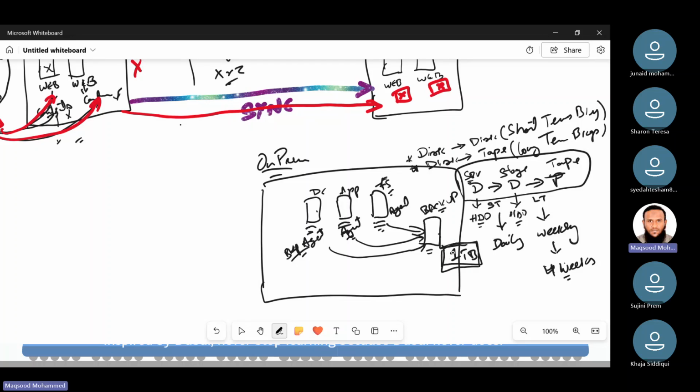So this is short-term backup. For 1 week, it will keep here, and then this server will also have a tape library attached. I have shown you in the picture, right? So let's say this is a tape library,